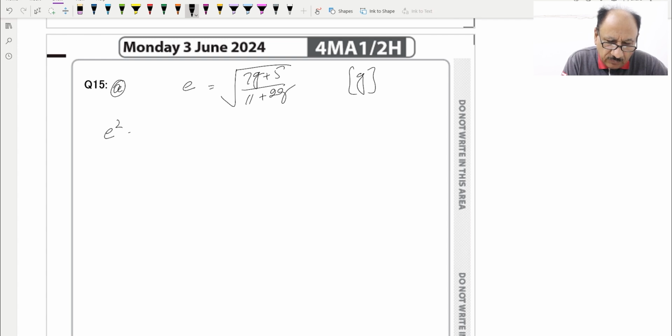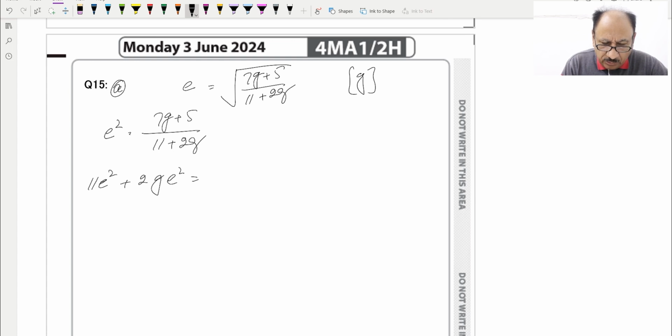So E square will be equal to (7G plus 5) over (11 plus 2G), and then after that we can cross multiply. So 11 E square plus 2G into E square